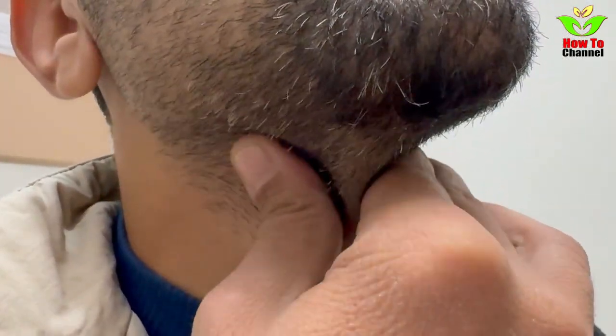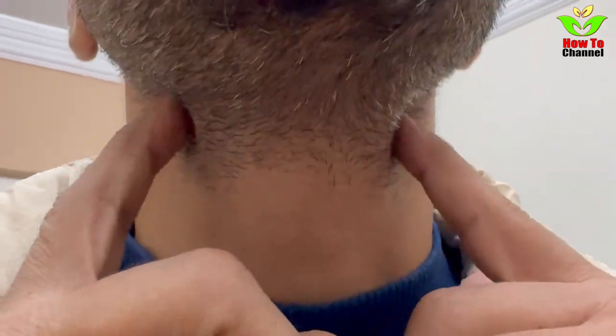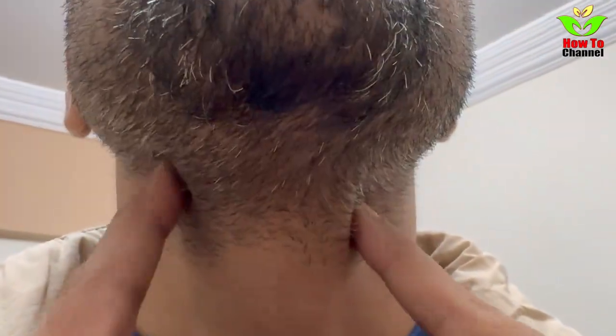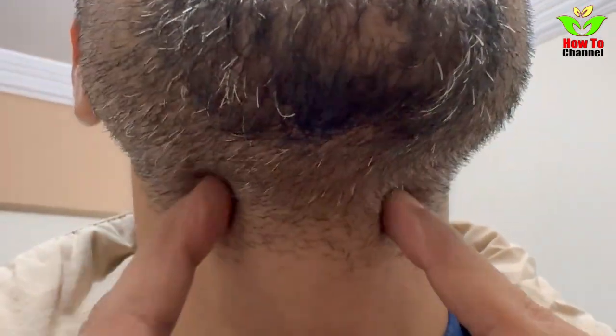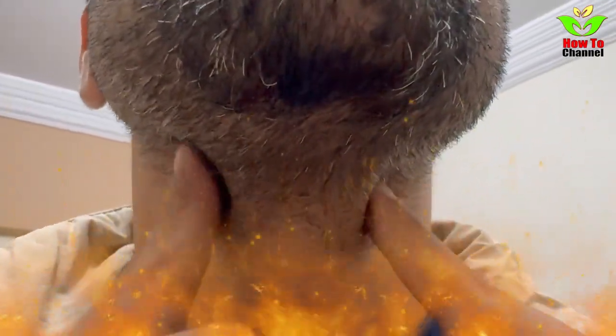When to seek medical help. While these home remedies can be incredibly effective, certain symptoms demand professional medical attention. If you experience difficulty breathing or swallowing, unusual drooling, severe pain, or symptoms that don't improve after 7 days, consult